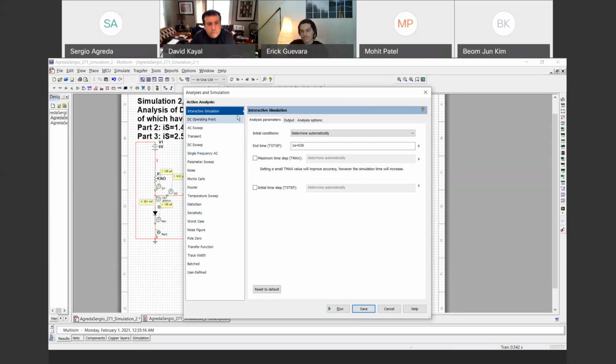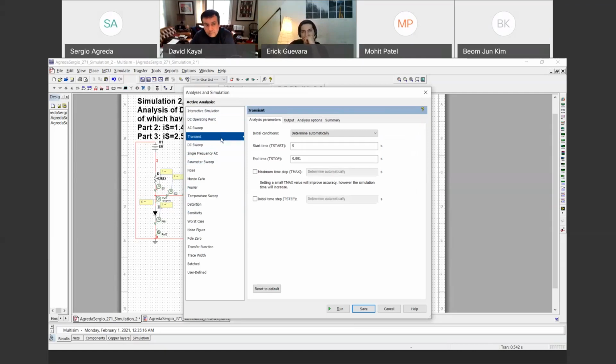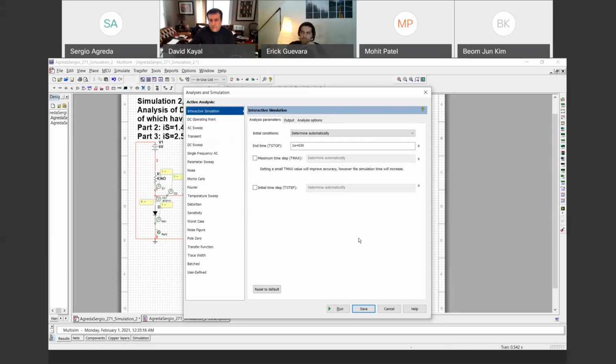For now, interactive is basically a live feed, which lets you see a circuit in real time, unlike others like transient, which would just give you the behavior on a graph without simulating the circuit live. It's a short time span that you give it, and it automatically gives you the behavior. But for this simulation assignment, you're only looking to do the interactive